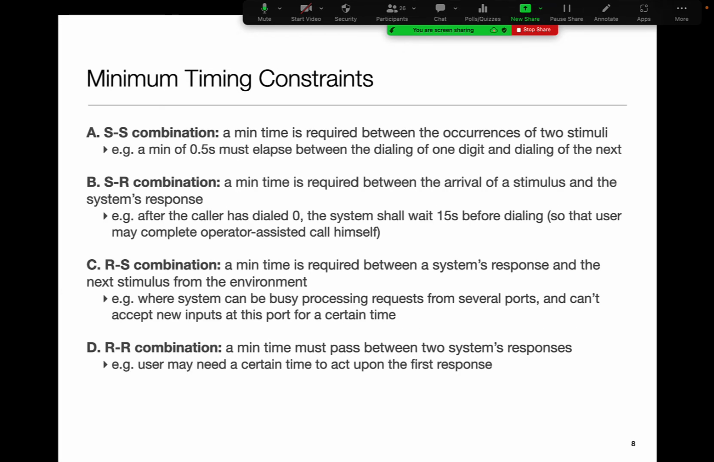The same thing with minimum timing. I'm going to skip that. It follows the same track, and in the context of any system, you can reason about minimum timing examples, or maybe I'll pick one. Let's look at the B, SR combination. A minimum time is required between the arrival of a stimulus and a system's response. This is an interesting one. You'll say, why do we want to slow the system down? Right? In some sense, it's saying the system should not do something sooner than some time, and in systems